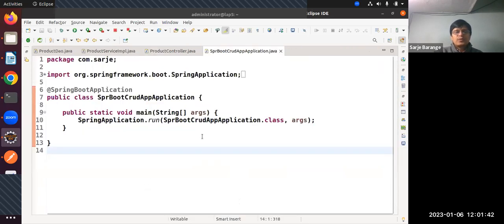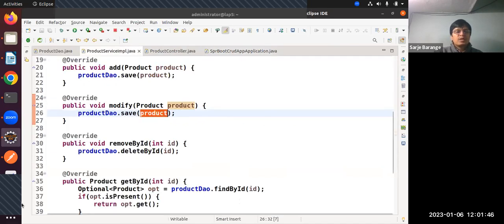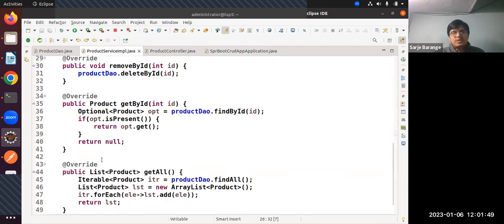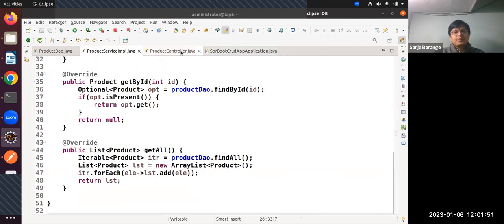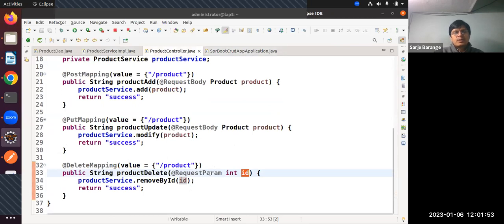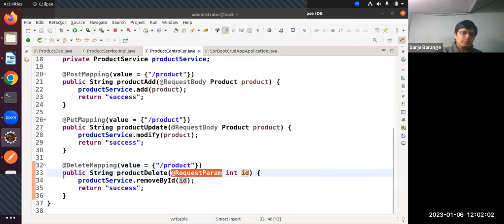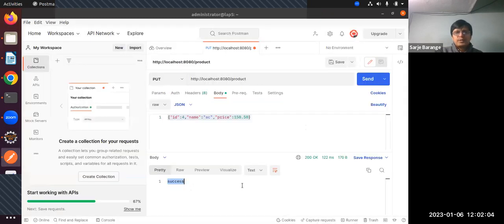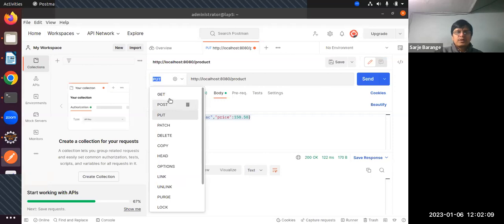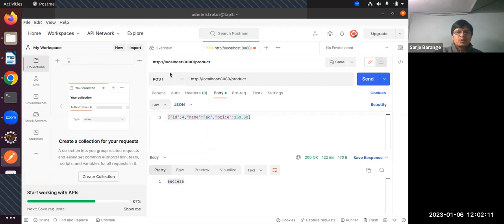How to generate the request for it? The code is very simple, but please pay attention to how I'm generating the request. That is also again an important part, on the basis of the parameter given over here. On the basis of that we generate the request. So it should be a delete type of request, and the request parameter will be given over here in Postman. Now come here first. Let us insert a few more records. So post, send,